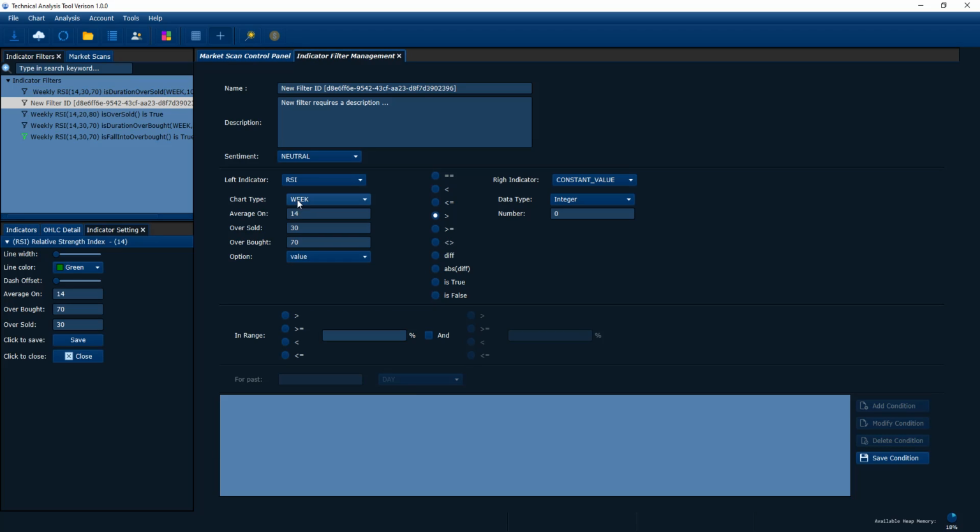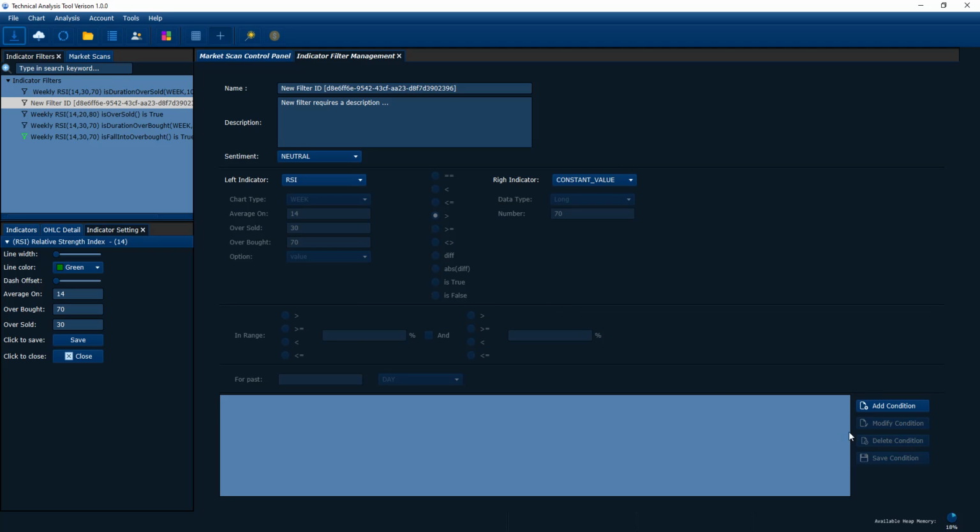For example, you're saying the current week's RSI value is larger than 70, because 70 is overbought, right? So this condition, if you save it,